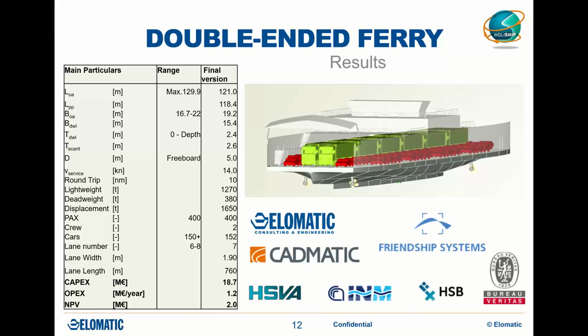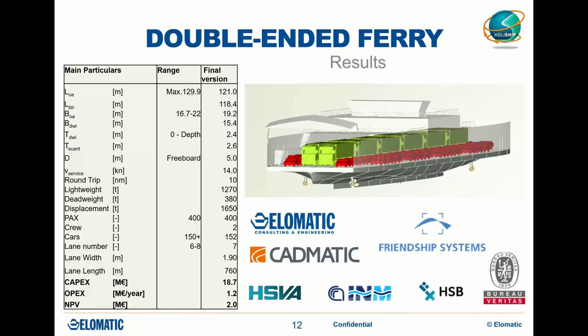Then the second main parameter that we were optimizing was the beam of the ship, and it basically depends on how many car lanes you have in your design. So our range was from 6 car lanes up to 8 car lanes, and there could be